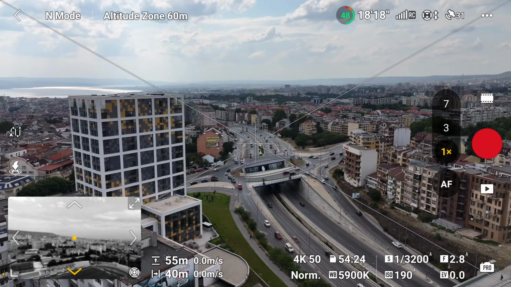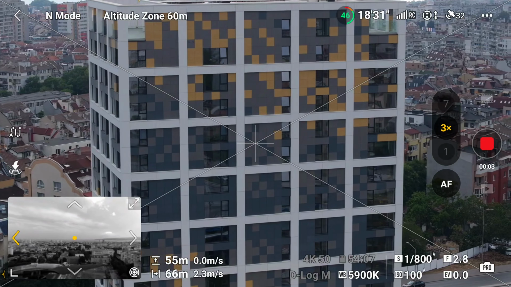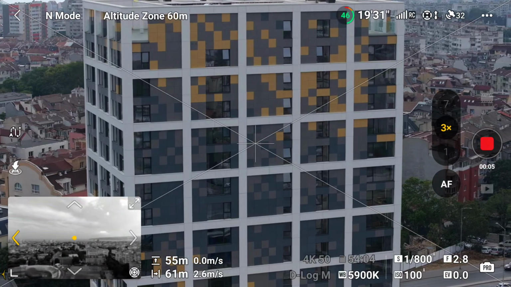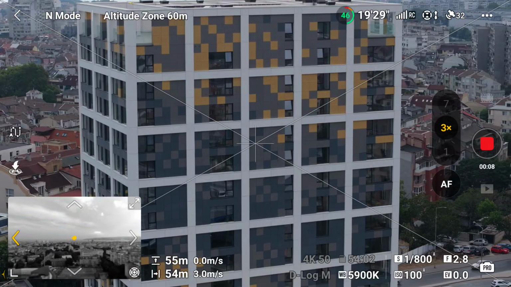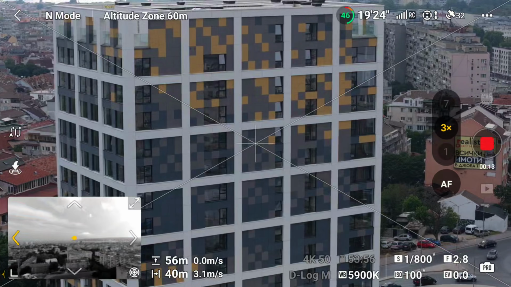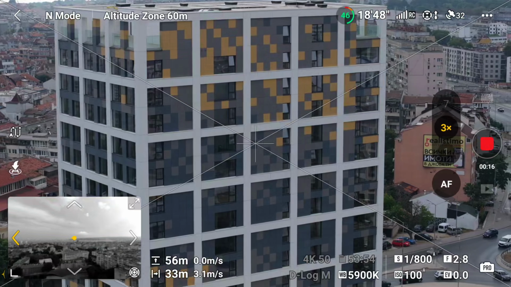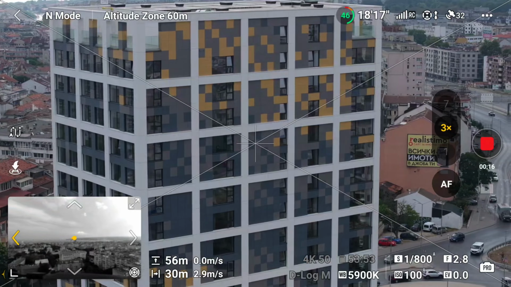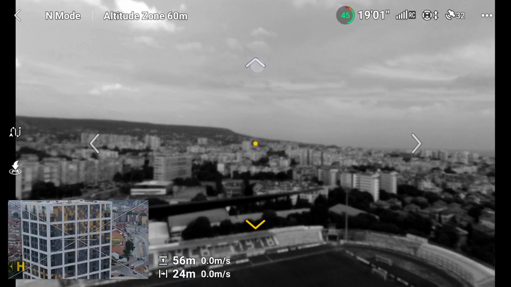And a great example for when Vision Assist makes sense to be used is when you're using the 3x or the 7x camera and you are doing, let's say, a semicircle around the building, and you want to make sure that you're not going to hit something from the side while doing this semicircle movement. When you do that, especially when you're zoomed in with one of these two lenses, you are kind of losing your peripheral vision because you're so zoomed in, and you obviously don't have a perfect idea where the drone is situated. So it's a lot easier to hit an obstacle, maybe a tree or something else on your way